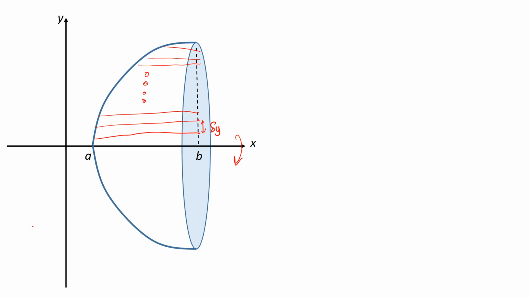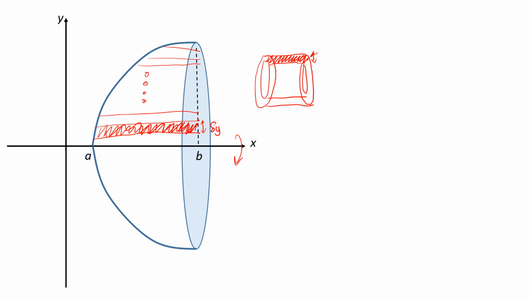Now, again, I'm going to pick one of the strips, and then I'm going to ask myself, if this strip is going to be rotated about the x-axis 360 degrees, what would I get? Now you're going to get a cylinder, but not a full cylinder, but rather a hollow cylinder. And this hollow cylinder actually came from this strip rotating about the x-axis 360 degrees, which means the